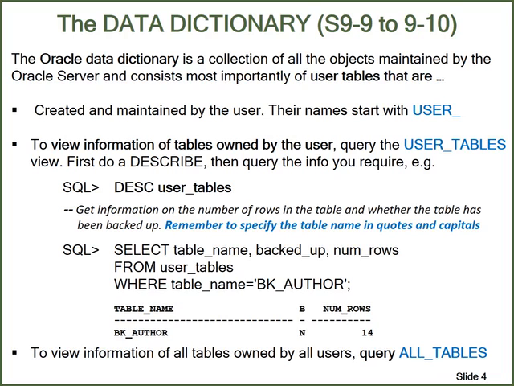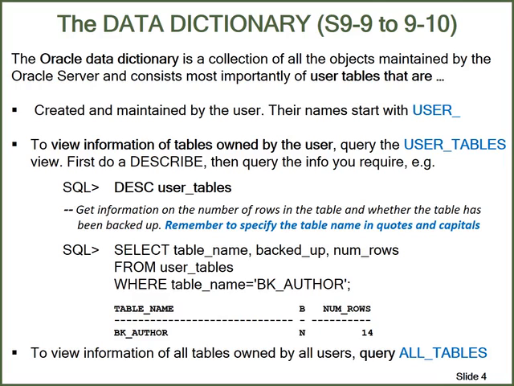For example, I want to query the data dictionary that contains tables about users or created by users. So I say DESCRIBE USER_TABLES. That's the name of the data dictionary. Get the information on the number of rows in the table and whether the table has been backed up. Remember to specify the table name in quotes and capitals. That's very important. So the statement: SELECT table_name, backed_up, num_rows